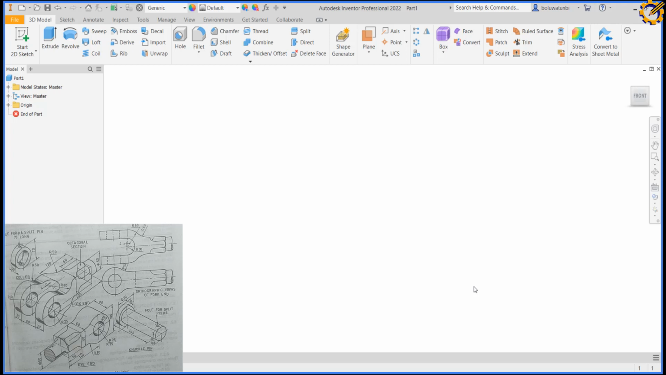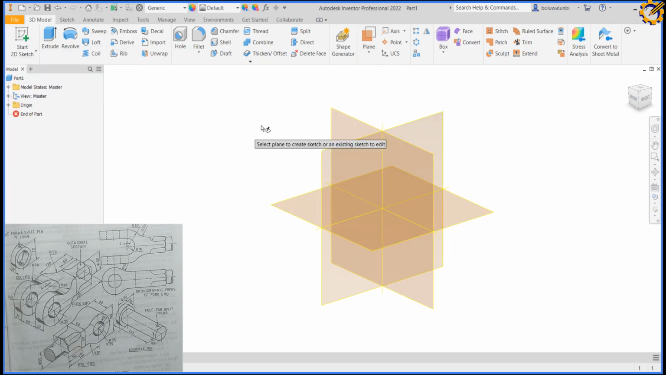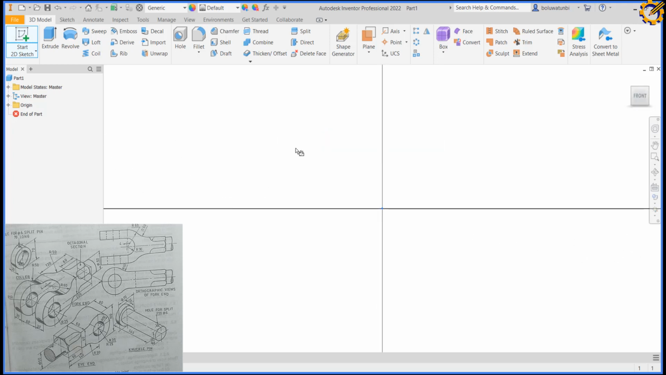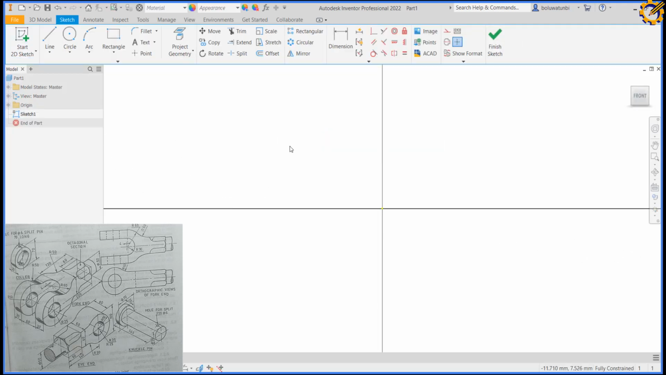Alright, today we'll be considering the object as displayed on the screen using Autodesk Inventor. The very first thing I'm going to do is pick my Start 2D sketch and pick any of my drawing planes. The very first object I'll be producing here is going to be the